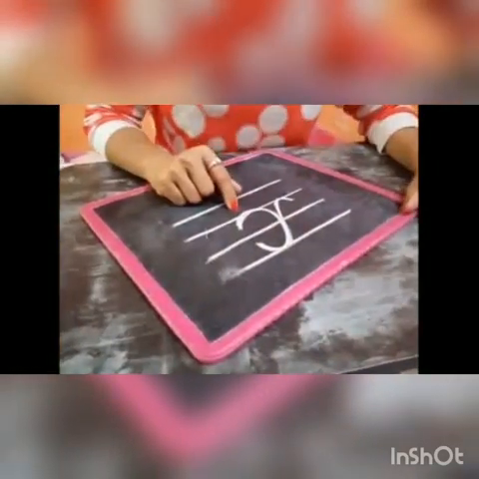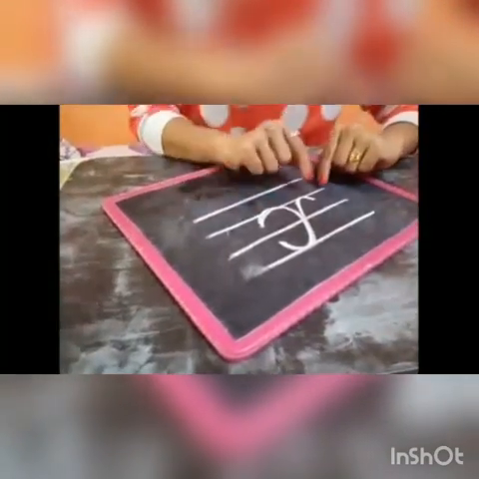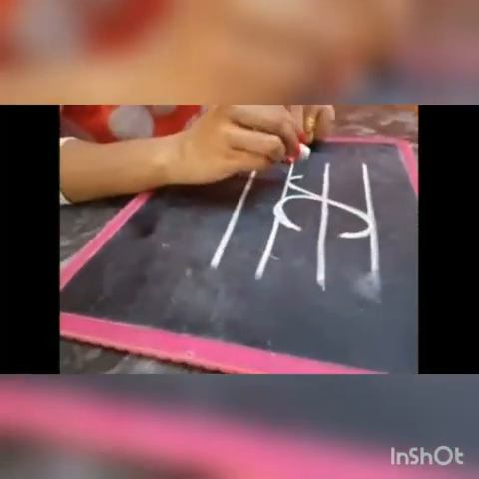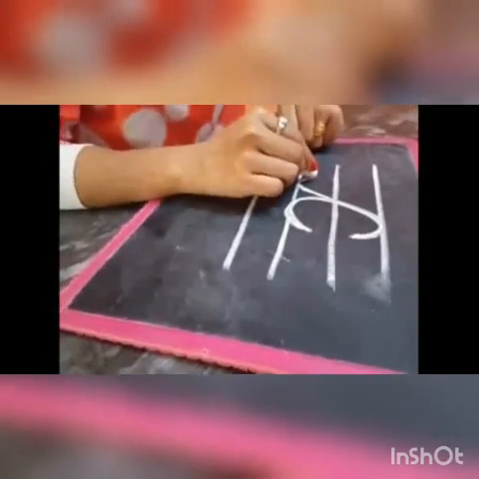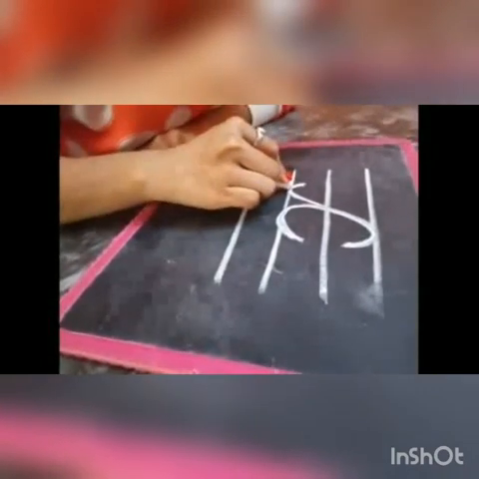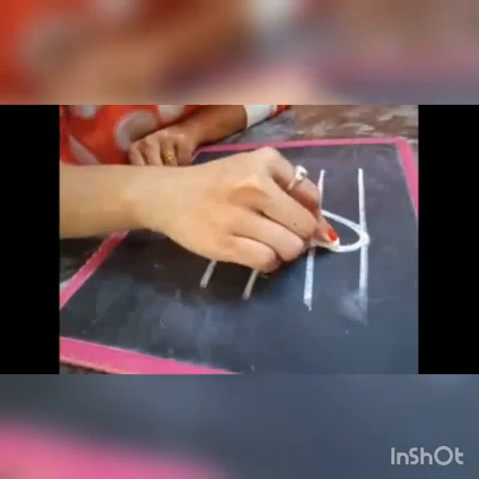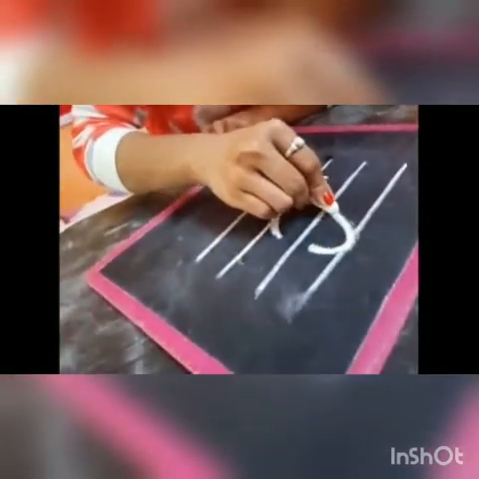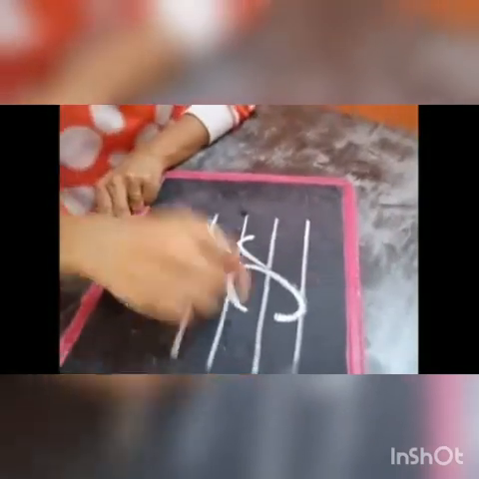So students, this is letter C. Now I will tell you how to write letter C. Letter C also starts from the third line, from the baseline. The starting point of letter C is from here. Keep your pencil here and take a slight turn. Go up with a slanting line. Make a curve from here only, and then come back again. Make a whole curve like this. This is about letter C.